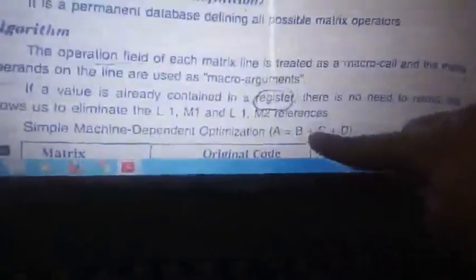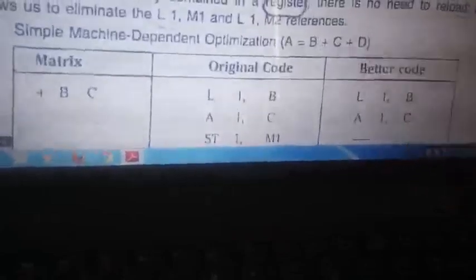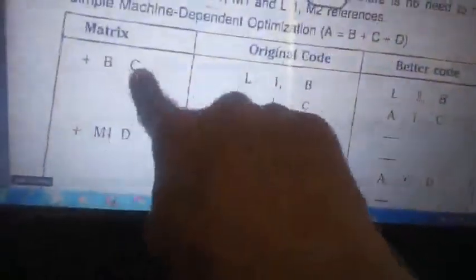So whenever you have a plus, then all those three lines are substituted. For example, if you have a code like a is equal to b plus c plus d, then you will do b plus c first, and with the result you will do the plus d, right? The first line will be b plus c, this is the matrix 1, and the value of b plus c will be stored in matrix 1. The matrix 1 line will then be added with d. So whenever there is a call for the plus, 3 lines will be substituted, again 3 lines for each plus.